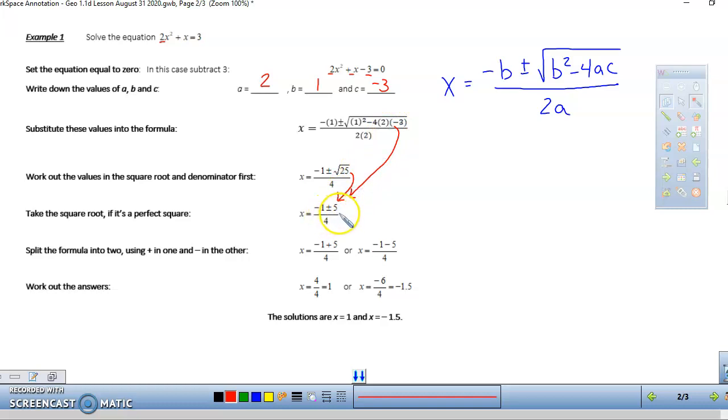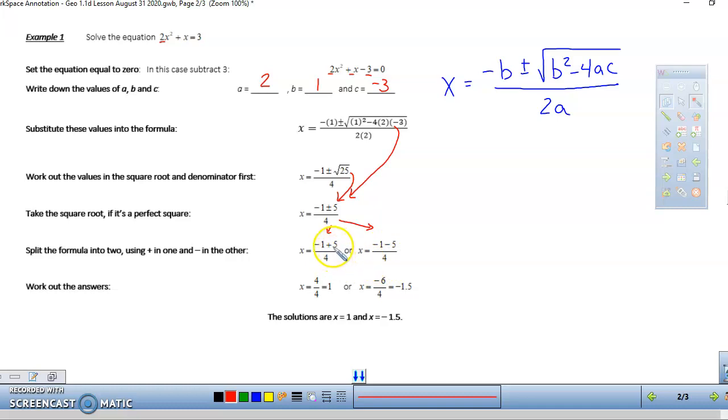There. Okay, at that point, notice there's a plus or minus here. You are going to get 2 answers, unless you get 0 here where the 5 is. You are going to get 2 answers. The way you split that up is you do one of them with a plus and one of them with a minus. So I'd say -1 plus 5 and -1 minus 5, all of that over 4, and then you